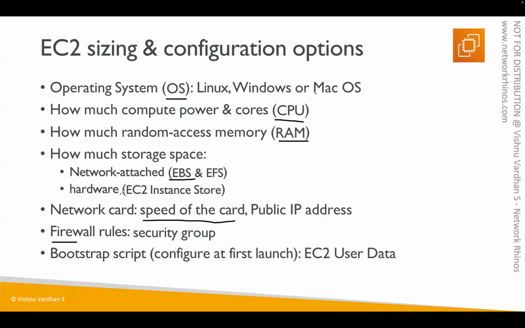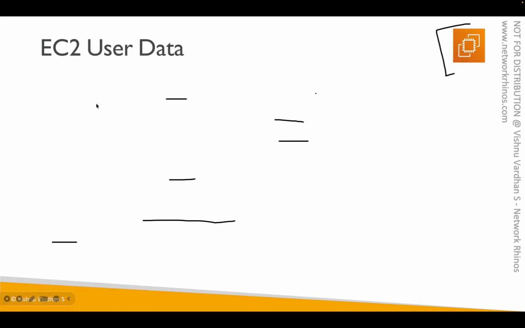In the same way, when you create a virtual machine called EC2, that's the logo of EC2, guys, on the right hand side, you have to tell Amazon what's my OS, how much CPU I need, how much RAM I need, how much hard disk I need, all these things, including how much network interface speed I need. All these things you can tell in EC2, Elastic Compute Cloud.